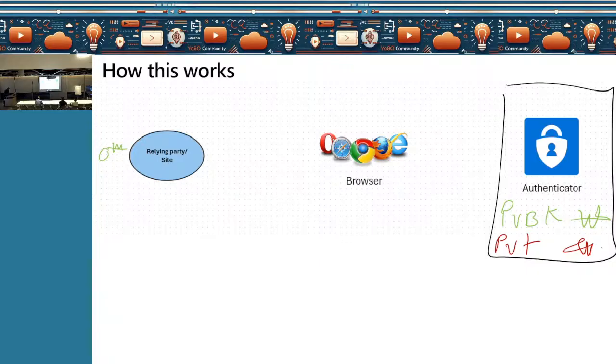So if I register a passkey on a site, I give that site my public key, which is exactly what has happened here. On the left, with the relying party, you can see that the public key is shared. Now, when you are logging in with a passkey, the first step is that from your browser you say, I want to attempt a sign-in. Any application you're trying to access, this is the first step. In this case, the site is going to send back to you on the browser a random challenge, which we call a nonce.